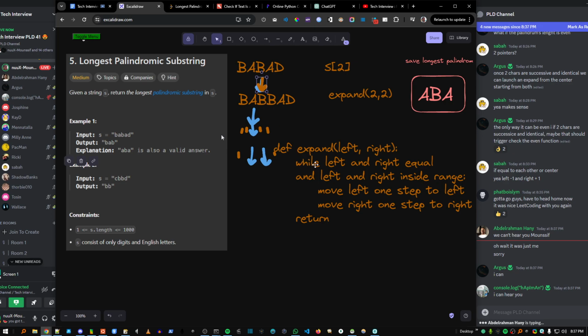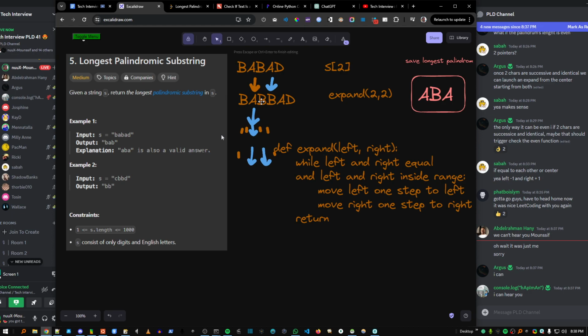So like we're gonna do a while loop. So it's gonna go left. So first it's gonna be like this. It's gonna enter the while. Why? Because the condition is left and right equal. Yes, they are equal. And are left and right inside the range? Yes, they are inside of range. Okay, move them. This is gonna go to the right, this is gonna go to the left, and then it's gonna loop again, right? Because it's a while loop. What is the condition? Left and right are equal. Are they equal? E and B, they are not equal. So it's gonna stop, and it's gonna return the